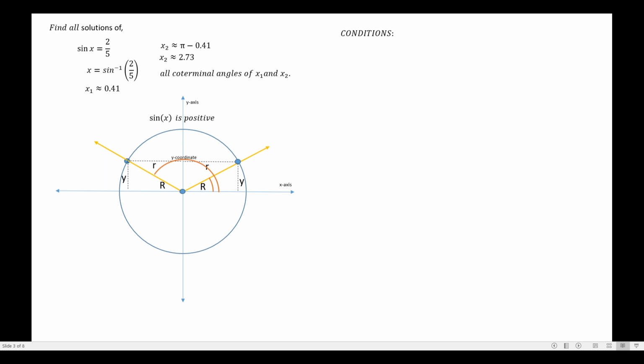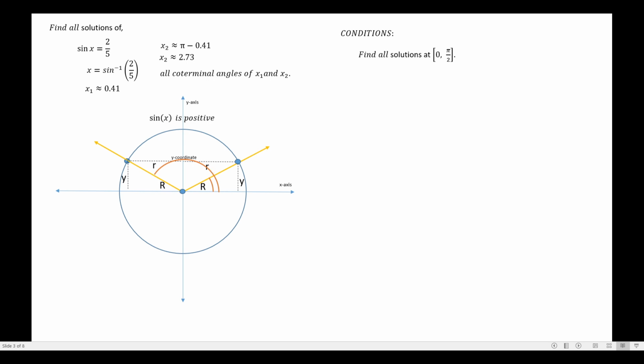But if we will place some conditions like this one, which will happen in most cases in our course, let's say find all solutions at the closed interval 0 to pi over 2. So this is only limited in the first quadrant, considering counterclockwise revolution. Because the angles are positive, so that means from 0 until the first quadrant. This is pi over 2 until 90 degrees. Half of 180, half of pi. So we will consider the values in quadrant 1, or the solution only in quadrant 1. So that is only approximately 0.41. Okay, so the first answer here is x sub 1.